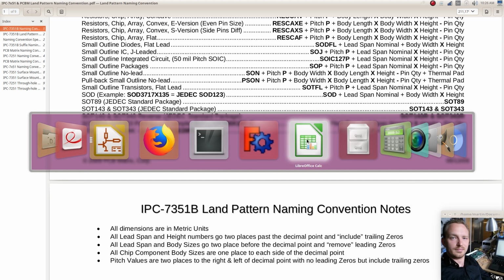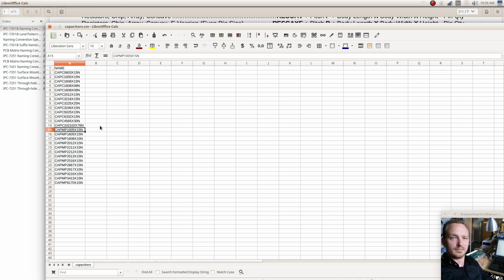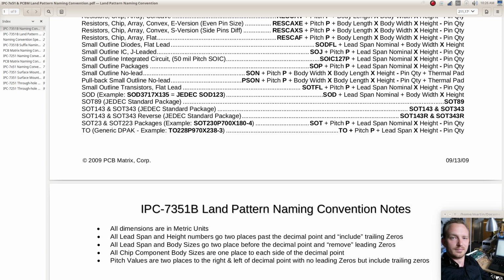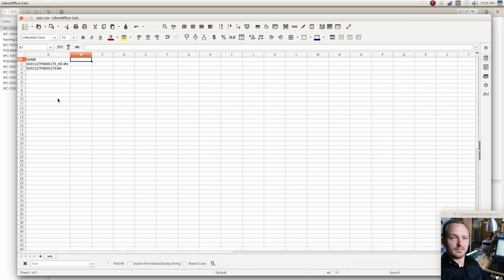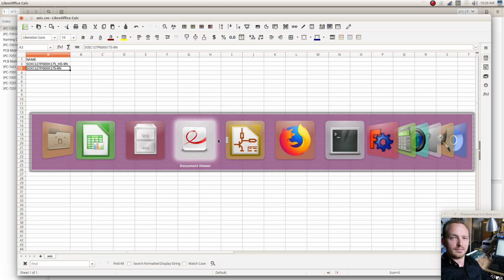So if I open this spreadsheet again, let's open the spreadsheet for the SOIC packages. The way that I define this heat tab is just with HS. So let's say I want to generate a footprint for,